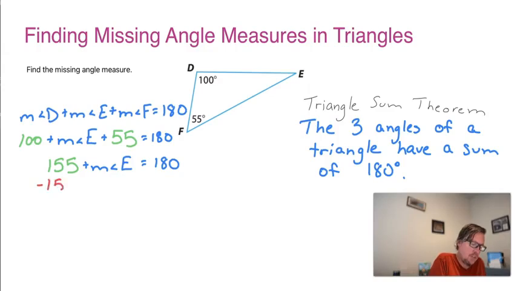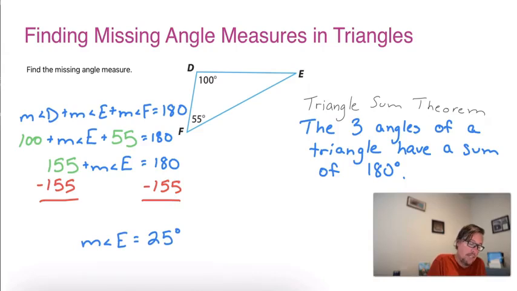So minus 155, minus 155. And we discover that the measure of angle E is 25 degrees, because that's what 180 minus 155 is,